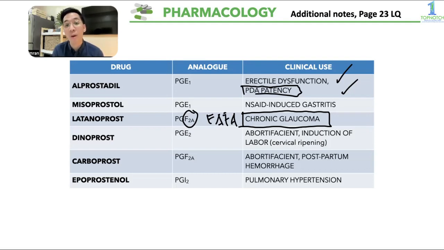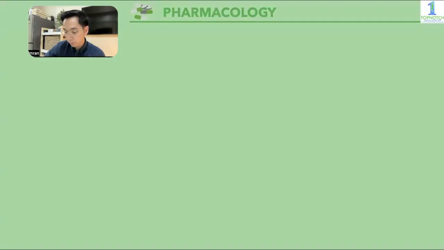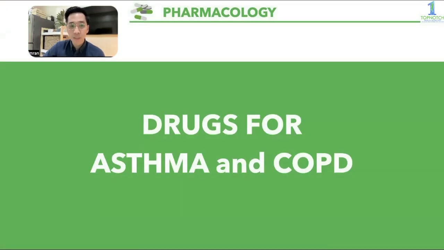Which is a PGF2 alpha, no? But it's more used for your postpartum hemorrhage rather than for the chronic glaucoma. And lastly, your Epoprostenol, which is a PGI2 analog. It's used for pulmonary hypertension. Okay. Next, for the smooth muscles naman, another drug for under your smooth muscle ay yung drug na ginagamit for